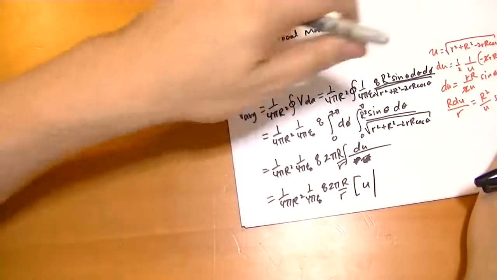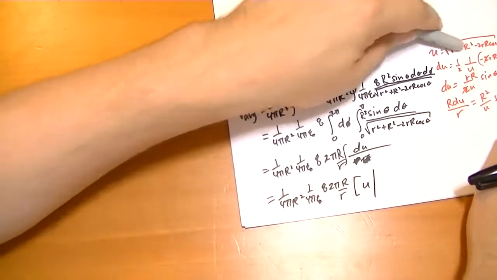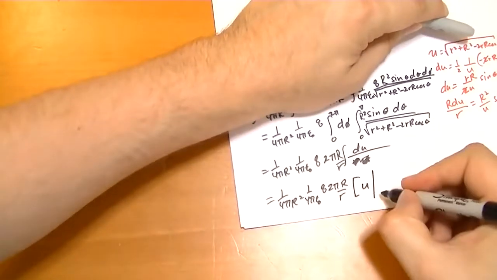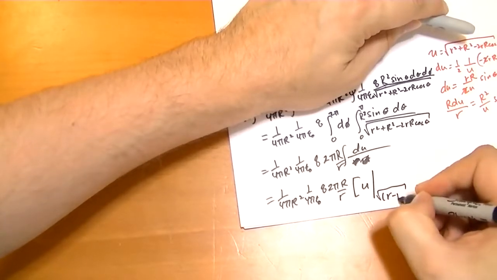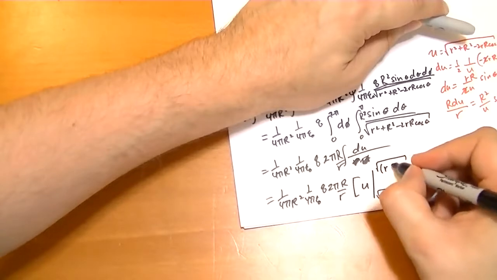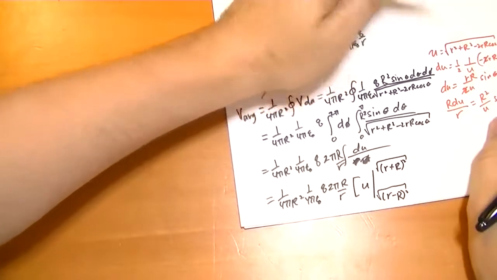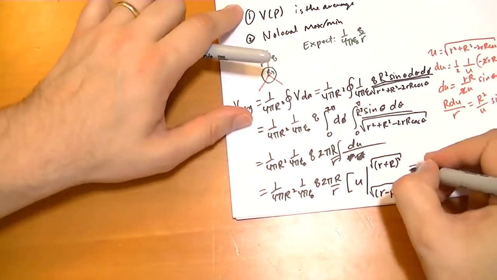Well, when theta is 0, then u becomes, let's see, cosine theta is 1, so it becomes the square root of r minus r squared. And when theta is pi, it becomes the square root of r plus r squared. Okay, completing the square in there. And so that equals,